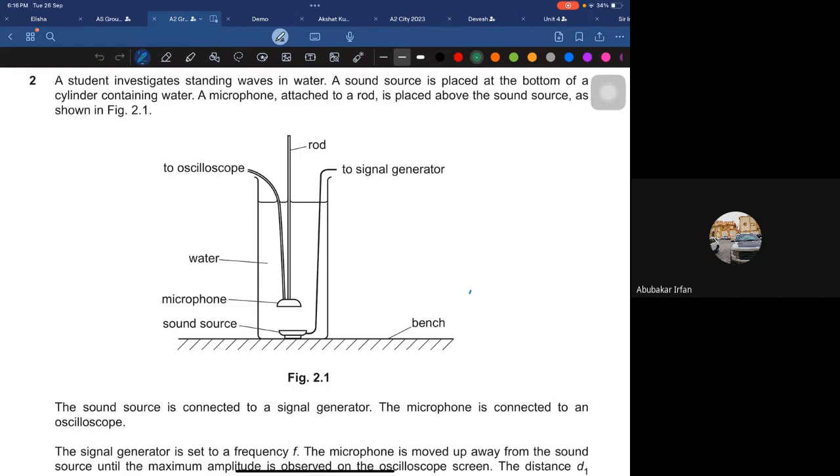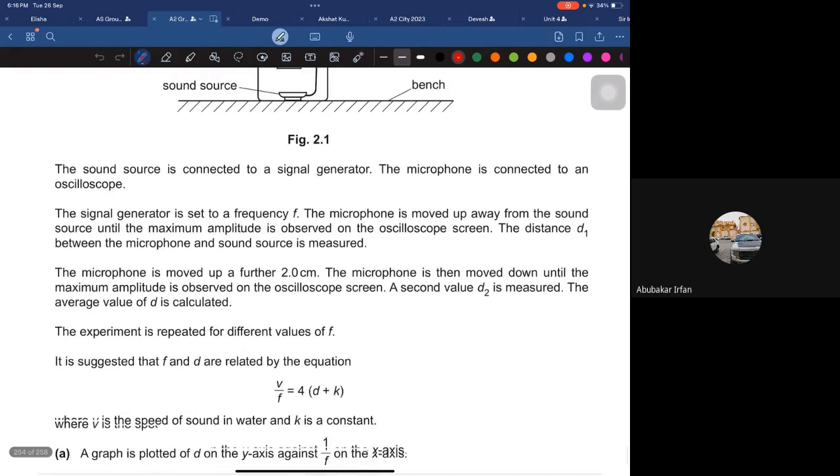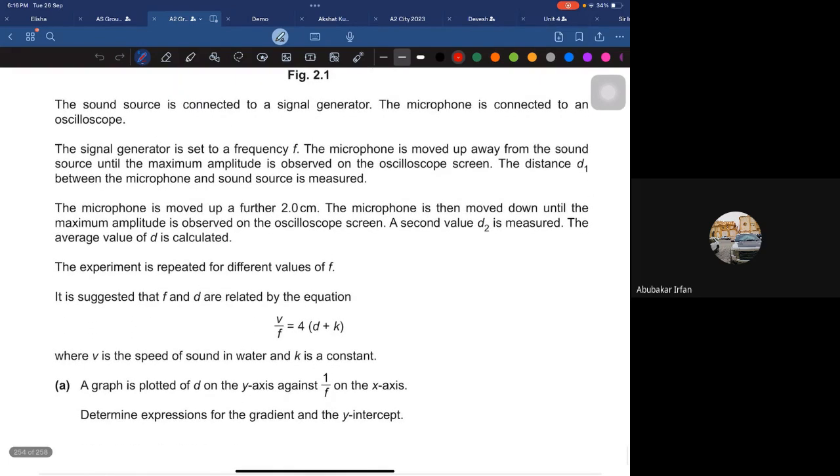Okay. Now, so in this sort of question, it says a student investigates blah blah blah. I don't even sometimes read this. What I do is I straight up go to this part. All right, I'm going to go back at that. So it says that basically the experiment is repeated for different values of f. There are basically frequencies of some microphone signal generator, which is causing,